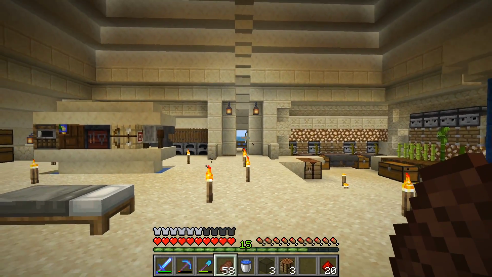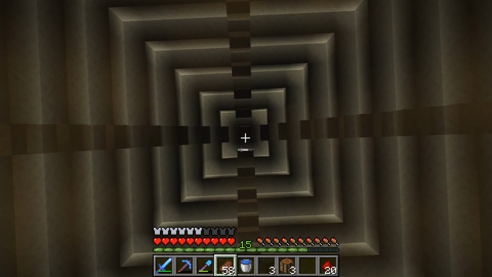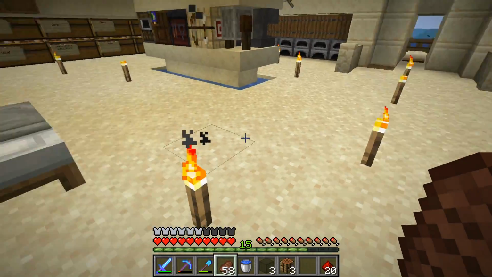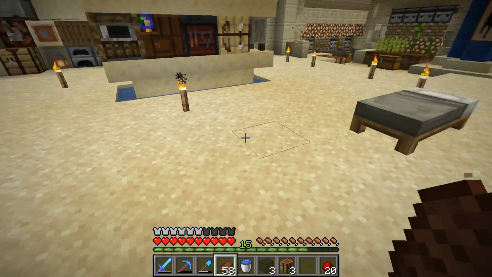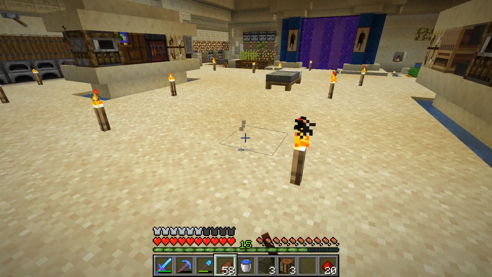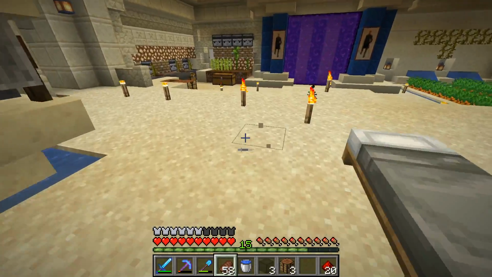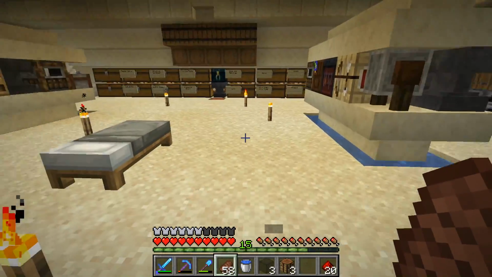I know that a lot of you in the last episode suggested that I have a beacon going through the center of the pyramid. That'd be pretty cool, so we might try and work on that eventually. And also, I'm still kind of working on what we might want to do with the floor. I'm thinking maybe glazed terracotta, or maybe like gold blocks, something like that. I don't know. I'll think some more on it,